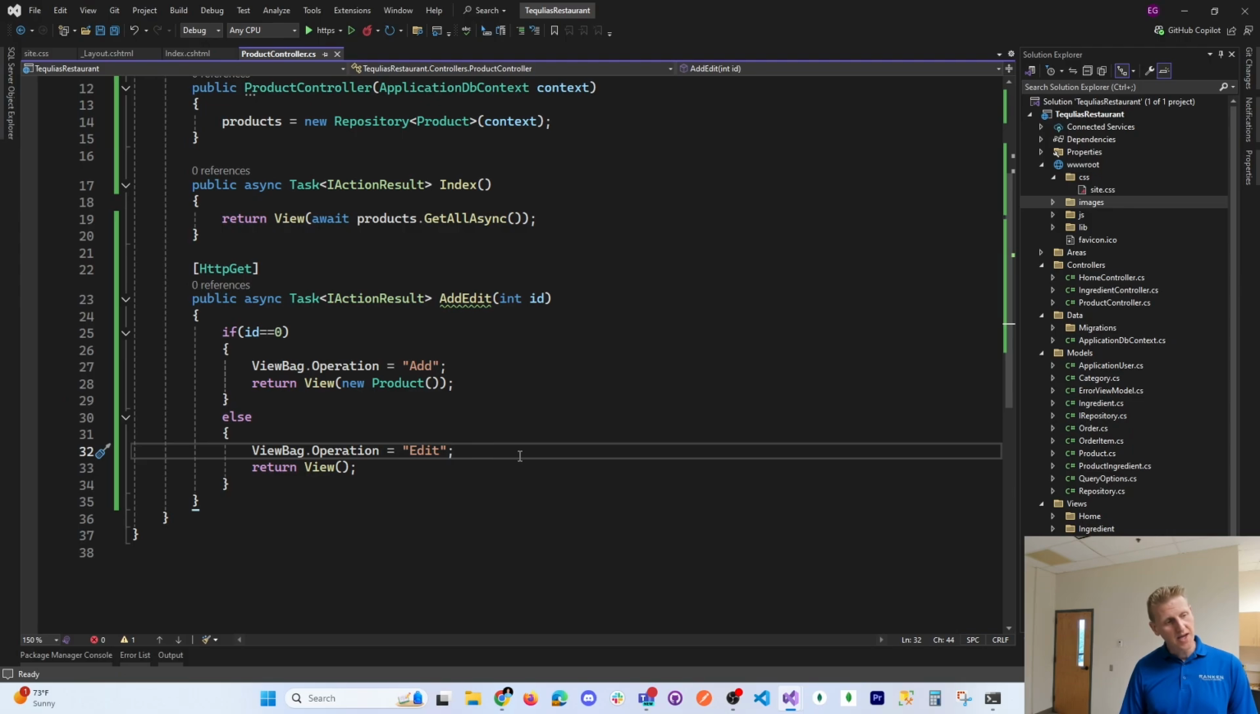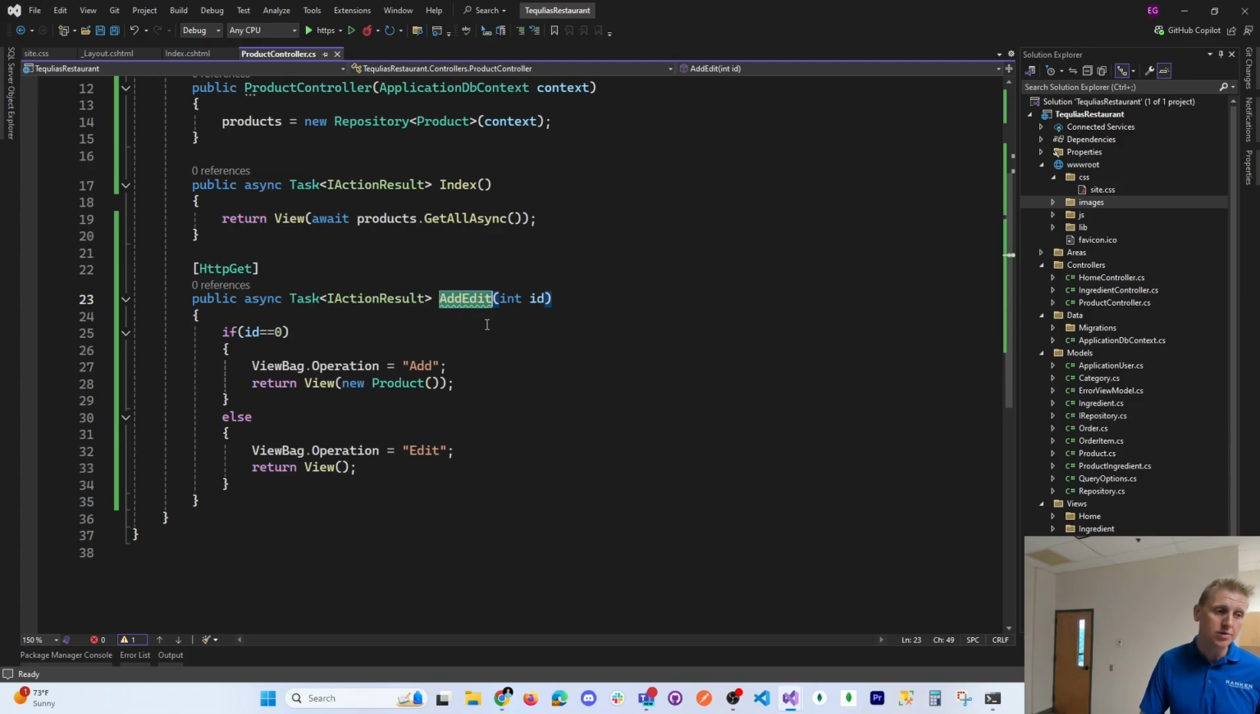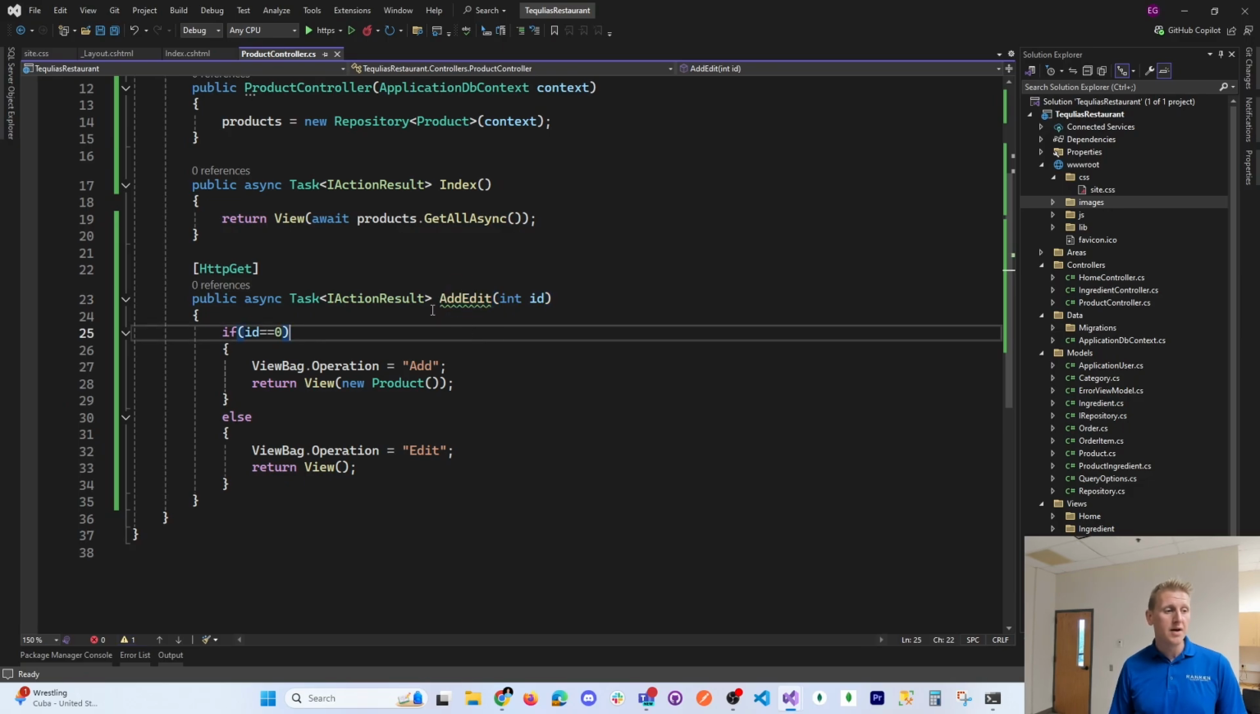It's also the case that when we're doing an add new product, we're going to need to have all the ingredients as well as the categories. So for a new product, you're going to need to select the category and you're going to need to select the ingredients. And so you need to send that data into the view as well. In which case it really does make sense, I think, to make a view model at this point